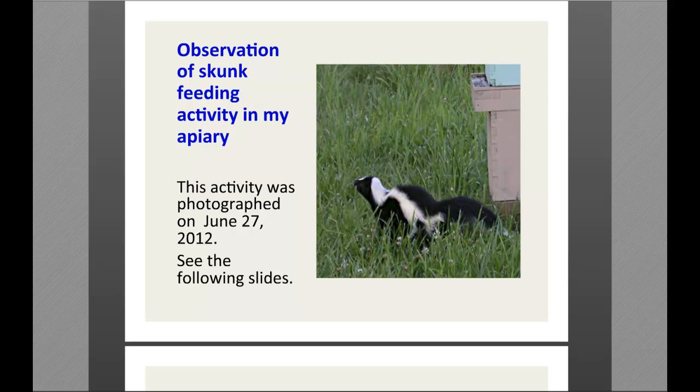But as I sat there and thought a bit more, I thought, since the skunk appeared in the bee yard at dusk, about 8 p.m., as the sun was setting, maybe if I came back the next evening at the same time, I could see the skunk again and be prepared. So the next day, we returned to the same spot at about 7:45 in the evening, and sure enough, the skunk appeared again, within 5 minutes plus or minus of the time it appeared the previous day. This time I was armed with a camera, and I photographed the entire event.